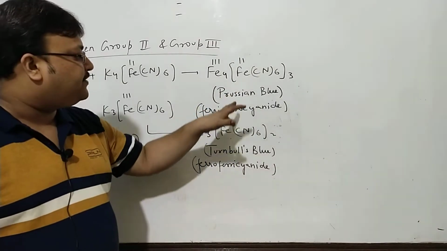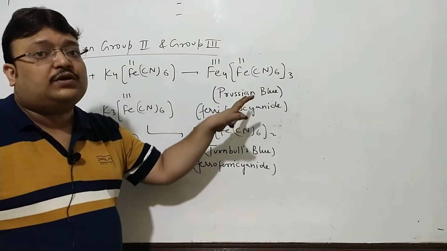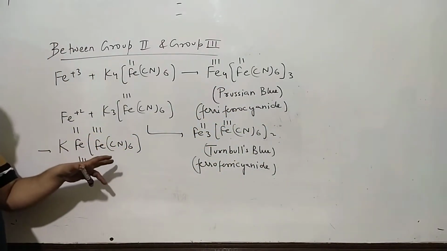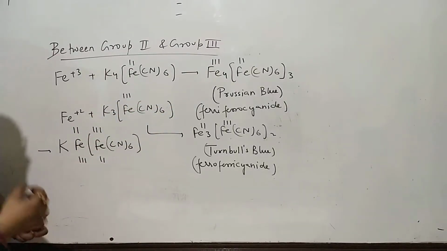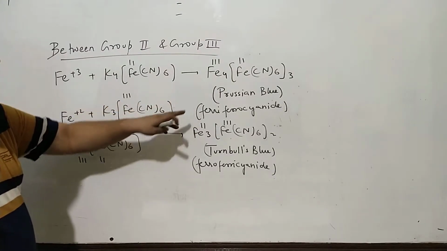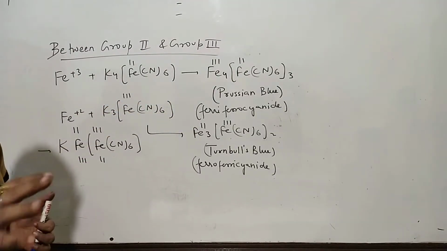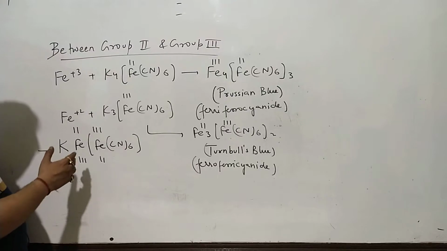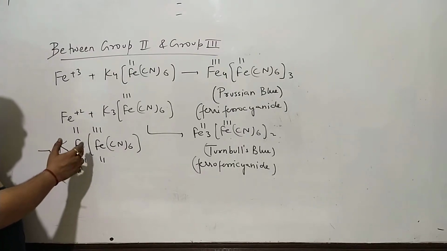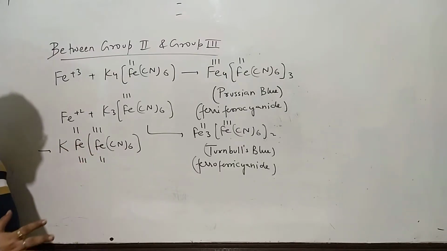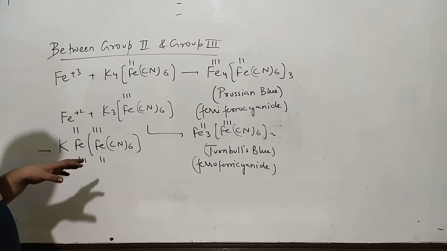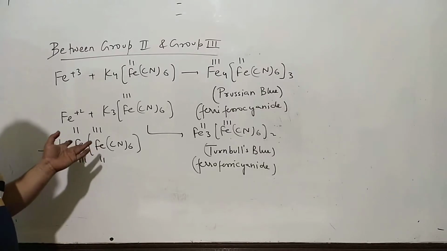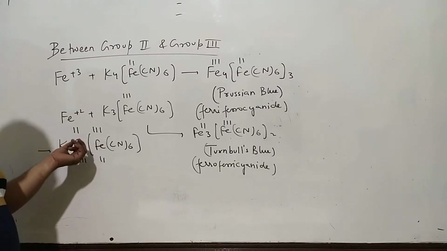Prussian blue and Turnbull's blue, now both are referred to as KFeFe(CN)6. X-ray analysis confirms that they can have a common formula, and the difference in the shade of blue is because of an ion exchange mechanism. Depending upon the amount of ferro or ferri which is inside or outside the coordination sphere, there is an ion exchange equilibrium, which controls the amount of ferro and ferri inside and outside the coordination sphere.